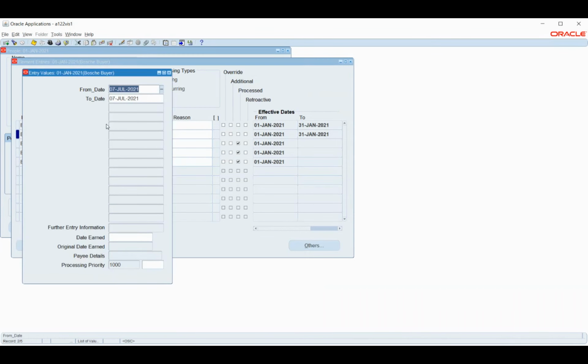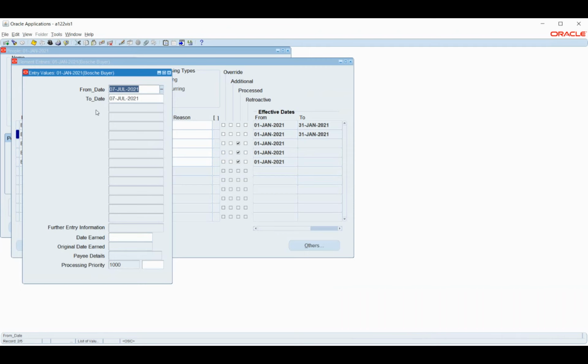These values, whatever we are picking, are based on the units, and the units are the input parameter that we are giving. Since we have selected this as a date, we are seeing these options. Okay. As I said, if I want to capture additional information, I can capture it.